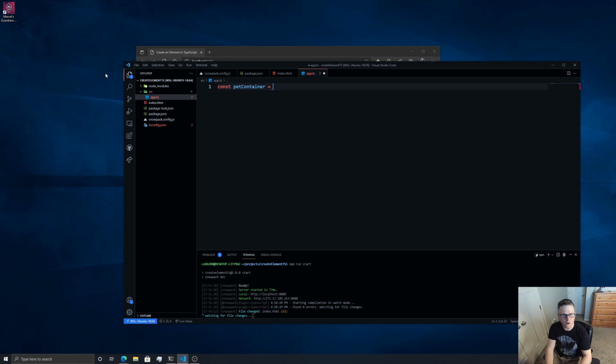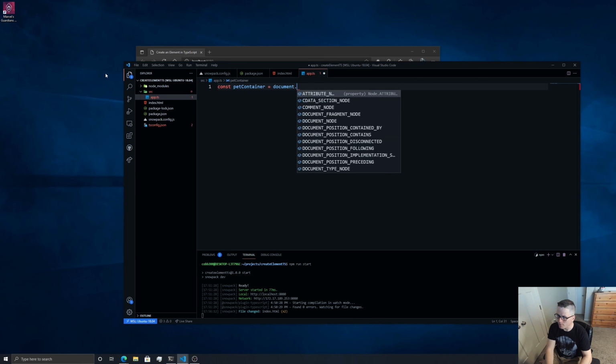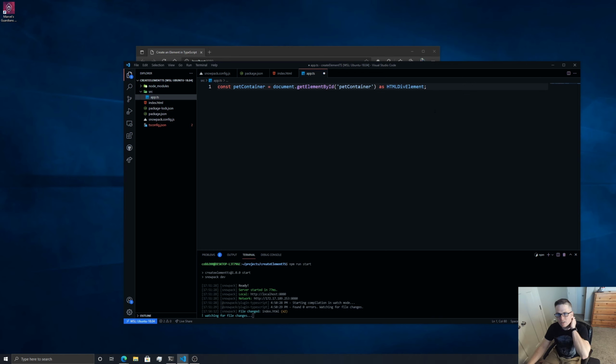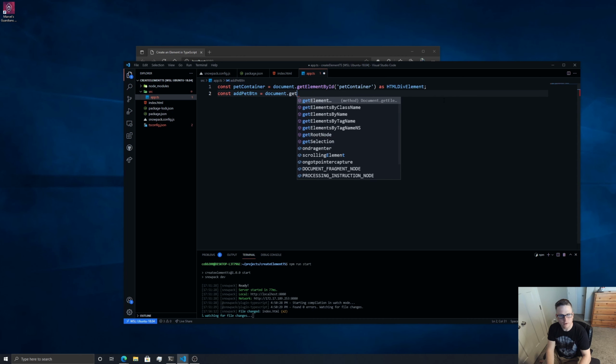We're going to grab all of that HTML that we made. Get element by ID. Hit container. And as HTML div element. If you're following along with this and for whatever reason you can't have TypeScript, things like this that say as HTML div element, just ignore it. You can still do this in JavaScript. I just like TypeScript better